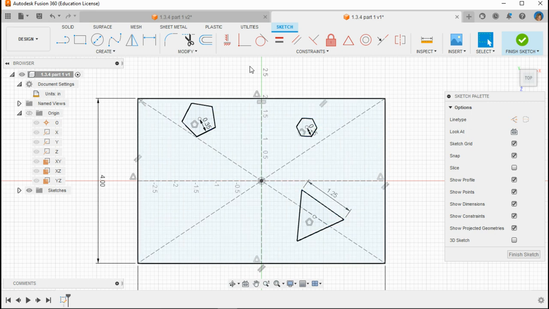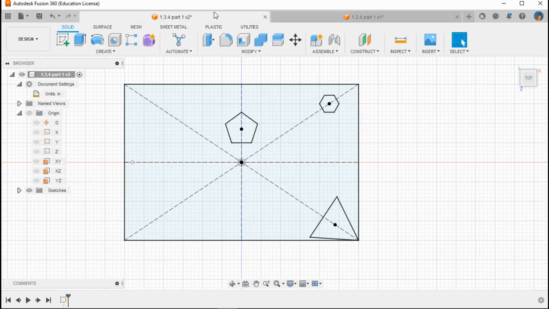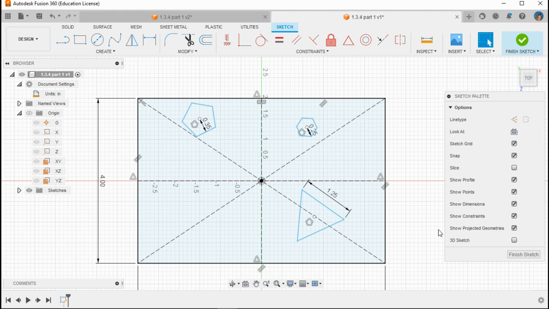Now, one thing that we are going to do is we need to move these polygons over. We want them to be placed like this. So your pentagon will be here, hexagon, and your equilateral triangle. Okay, the way we're going to do this is using the constraints. So for the first one, for our